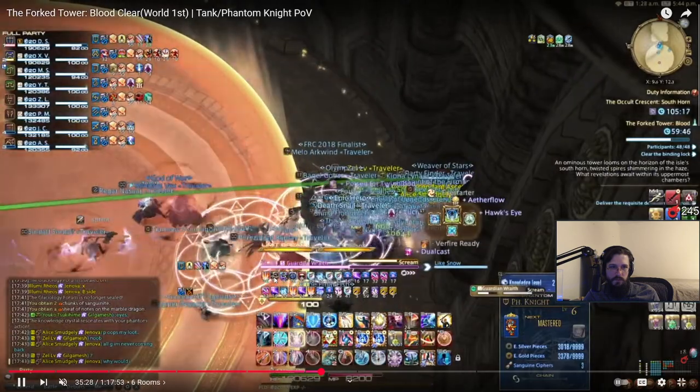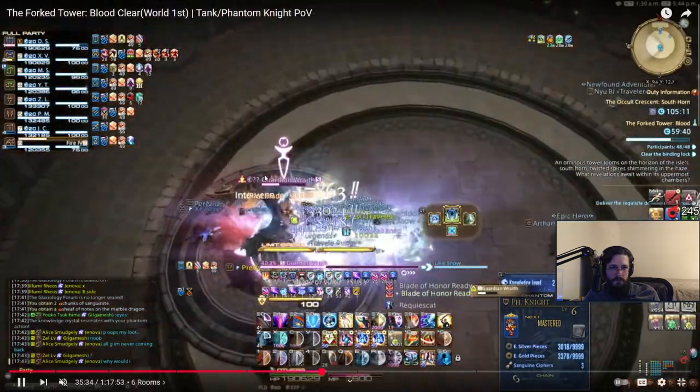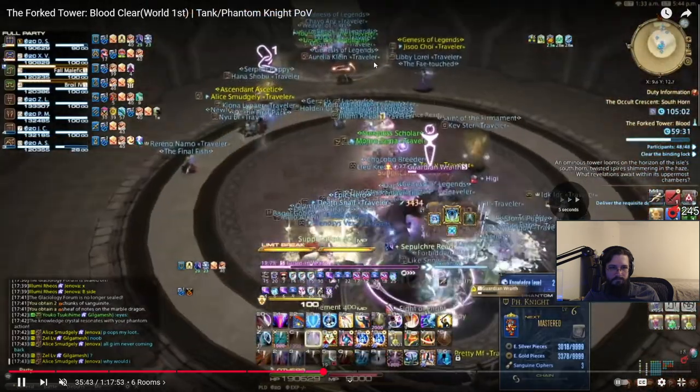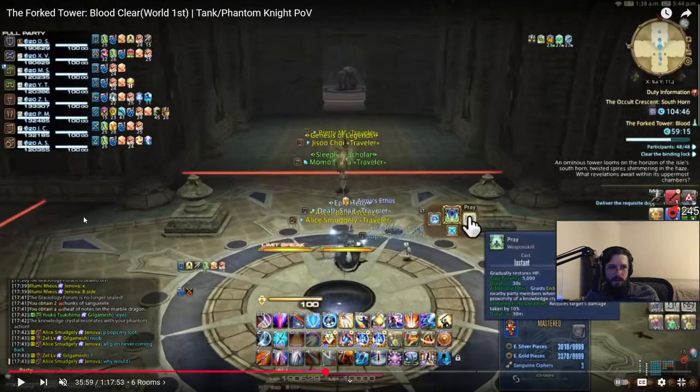Obviously you want to slow pretty much all the ads in this area. Yeah, he does this big AoE. Then he'll do a targeted AoE on someone. Then he's dead. The west room, which I won't be going into, has an invulnerable ad, which you need